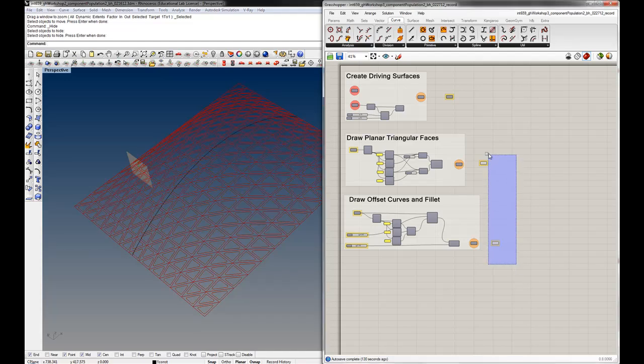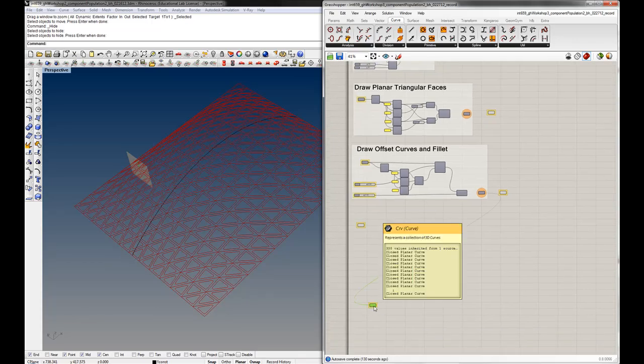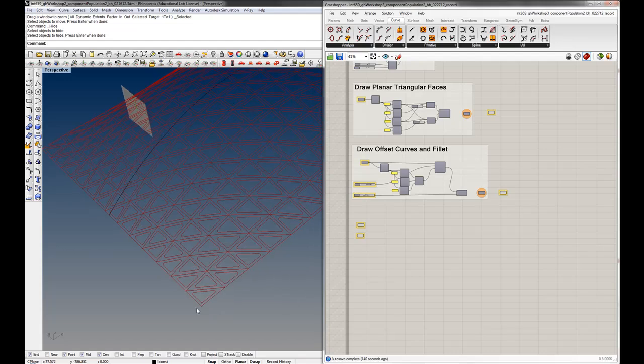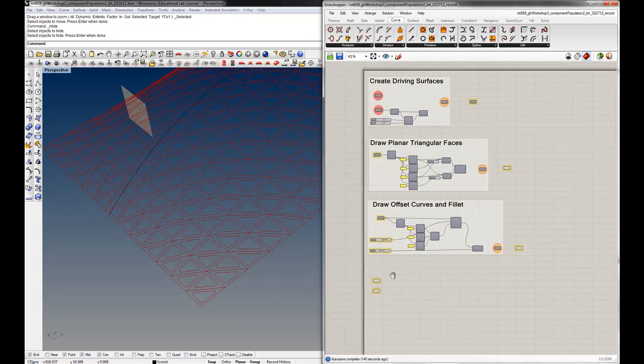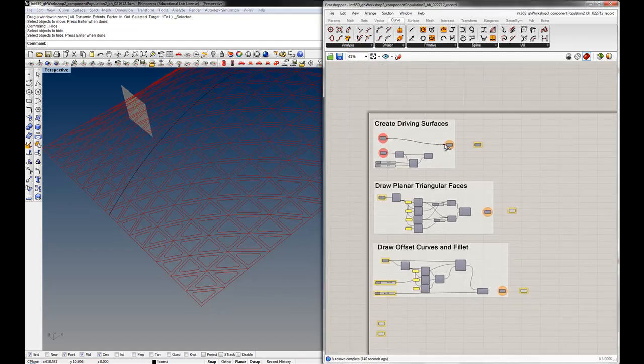We're going to need both of those sets of curves, the triangles and the offset fillet curves, to create our planar faces. So each one, and again, let's switch back to the single surface